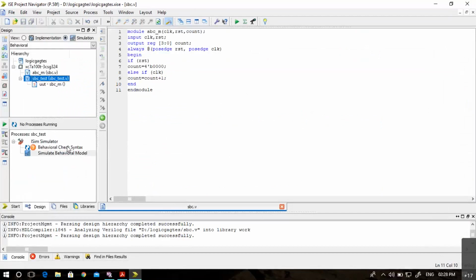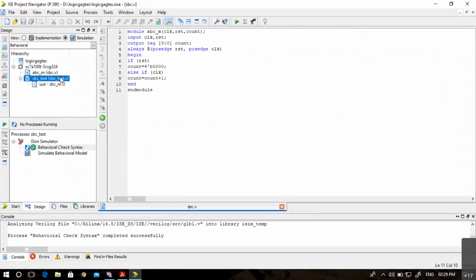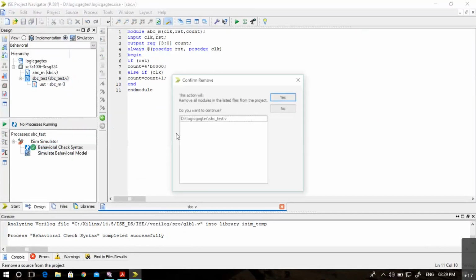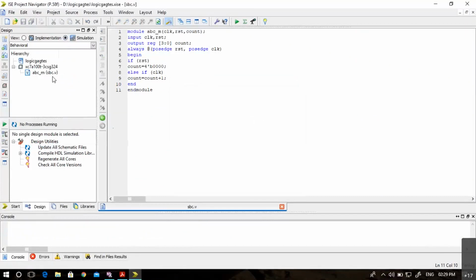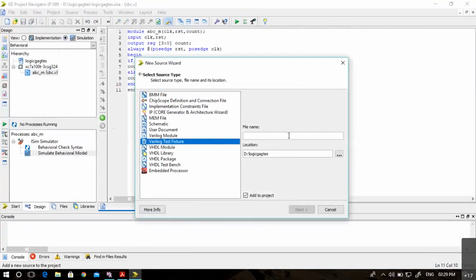So let me check syntax. Now let me add a test bench. Let me remove the old test bench. Verilog test fixture. Now let me write asynchronous binary counter dot v underscore test. Let me give underscore test dot v.